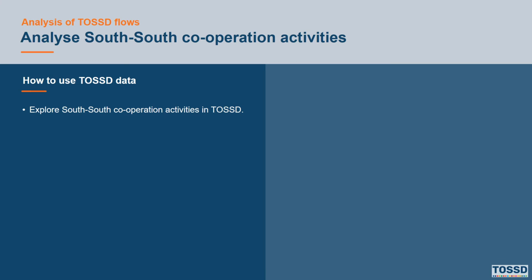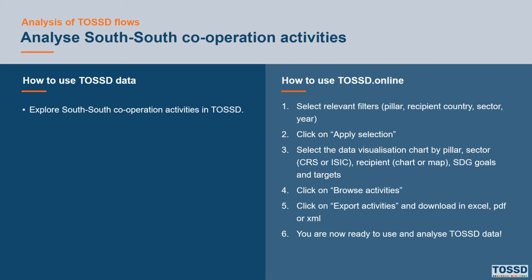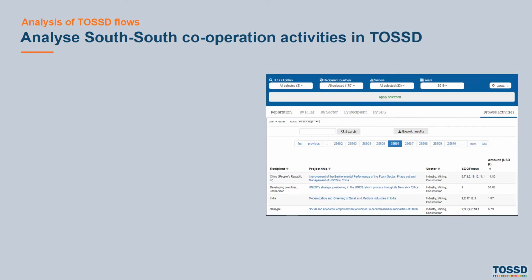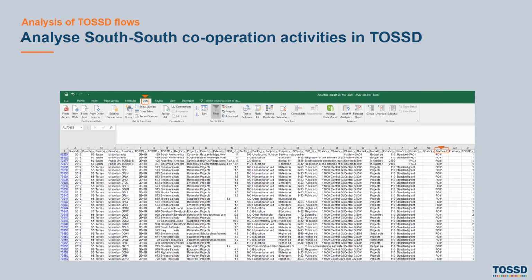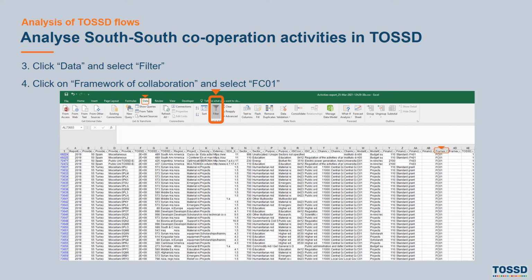We can also analyze South-South cooperation activities through TOSD and export these also in an Excel file. Here again, we have to select all the filters that are of interest to us, and then browse activities and export the results in Excel. Once we have the Excel file, we can click on the Data tab and then Filter, and to have the South-South cooperation activities in TOSD, we have to select only the data that in the framework of collaboration has